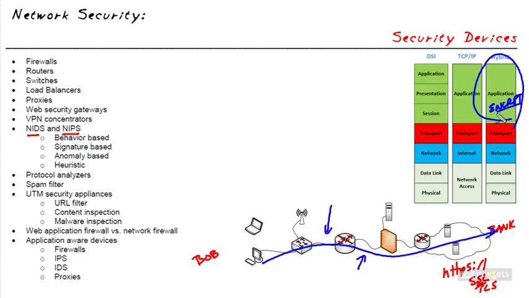Now, encryption for confidentiality is a great thing. However, if you're an intrusion prevention system or an intrusion detection system, how in the world are you going to analyze the information at the application layer if it's all encrypted? And the answer is